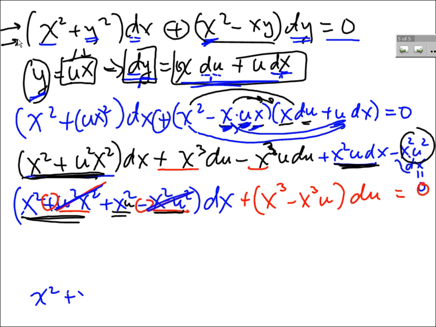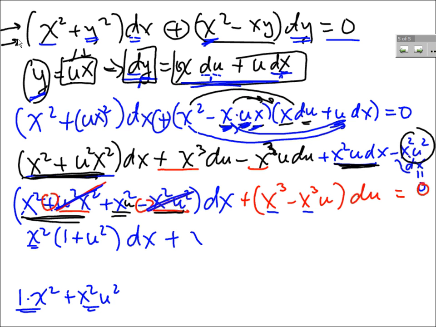I have x squared plus x squared u squared. I'm going to factor out the x squared. There's an understood 1 here. X squared times 1 gives me this, plus the x squared in front times u squared gives me that. That's dx. Plus, I'm going to factor out an x cubed here. X cubed times the 1 gives me x cubed, minus x cubed times u gives me x cubed u du